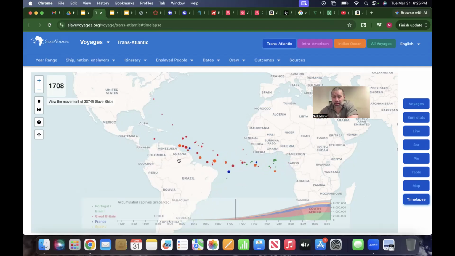And the labor that they're producing out here is going to be, you know, sugar and mining in Brazil, mining in Peru, mining in Colombia. There's lots of silver over here, lots of silver, lots of sugar, sugar in the islands. There's going to be silver and gold in Mexico. And then, of course, we have the developing farms. But remember, what's fascinating about this is that, as you can see, literally hundreds of thousands of people are being transported, right? The estimates are that it's somewhere between 60 million and 100 million people over this period of about 300 years,